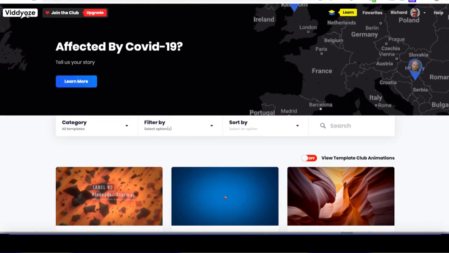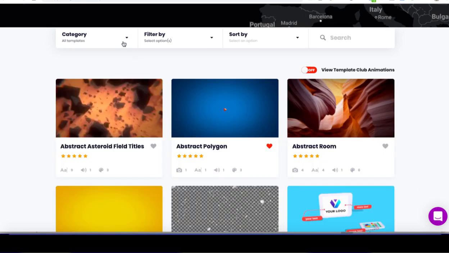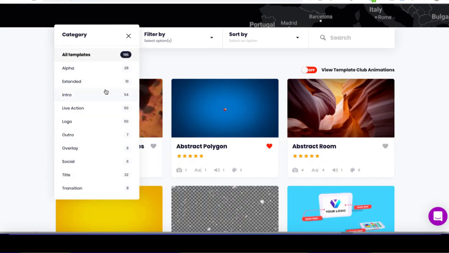So if you just hit the videos here, it takes you back to the home screen. If you hit these categories, you've got lots of different categories of graphics you can use. You have alpha graphics, which you can overlay over any videos and there's no background to them. You have extended videos, intros, live action videos, logos, outros, overlays, social videos, titles, transitions, lots and lots of different